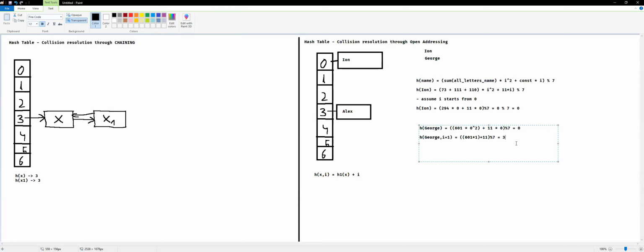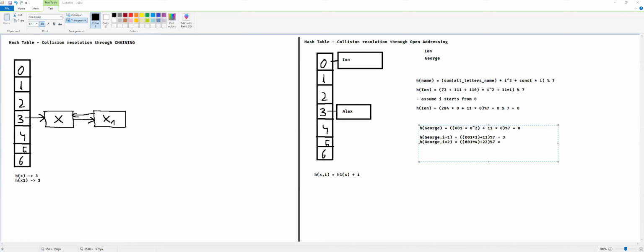3 is also occupied. That means I have to move forward and increment my probe, which is I, by 1 more. H of George with I equals 2 is going to be 601 times 2 squared, which is 4, plus 11 times 2, which is 22, modulo 7. And this is going to be equal to 601 times 4, that's 2404, plus 22, which is 2426. Mod 7 is,